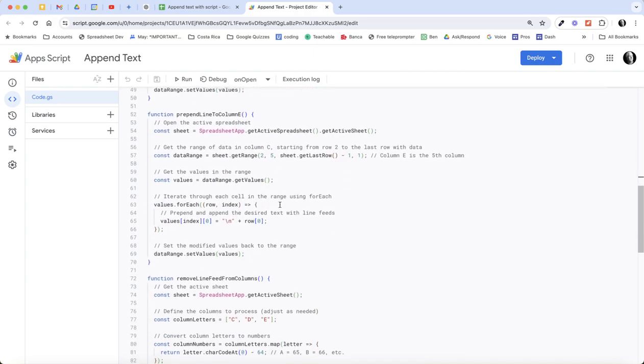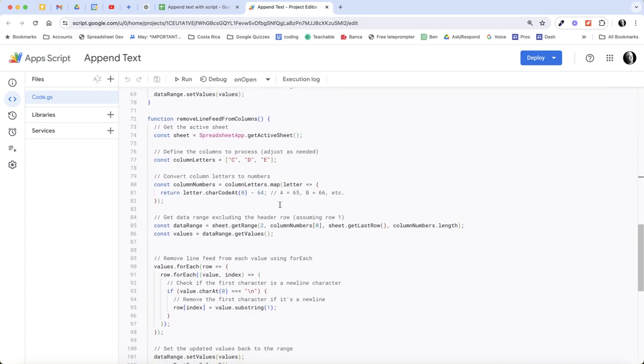So then I decided, well, okay, I want to clean this up. And so what we wanted to do here was to remove the line feed from the columns. Again, we're working on the active sheet. I identified the columns, C, D, E. And then I used this little piece of script to get us the actual number of the column. So this way, I could have put numbers in here. Column numbers could have been column 3, 4, 5. But with this now, I could expand this out and use any columns, getting the column number from whatever is in here,